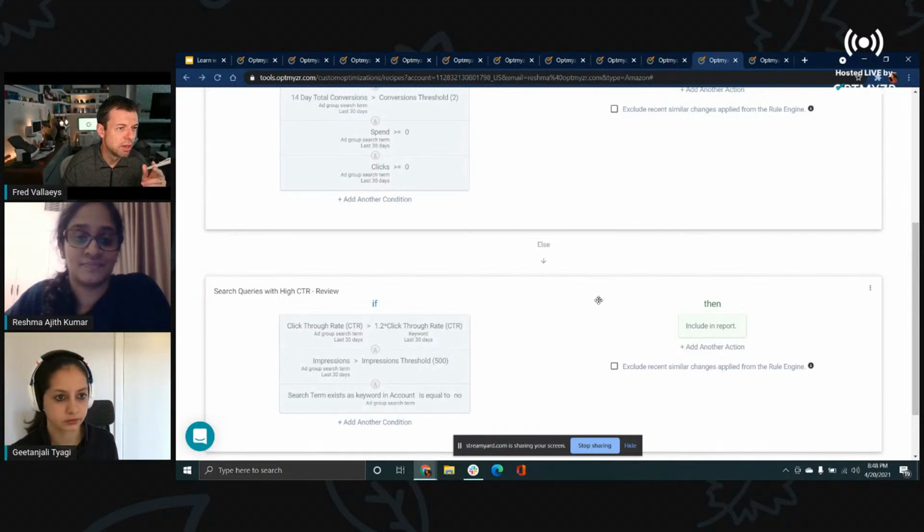You said your search term CTR is high relative to the keyword that triggered that search term. So we're basically pulling in two distinct pieces of data from two different APIs. If you were doing it in the front end, you'd have to look at two different reports, and then we're doing a calculation on top of that. That's super powerful because you can specify that logic once, and then we can automatically run it for you in a matter of seconds every time you want to look at this analysis.